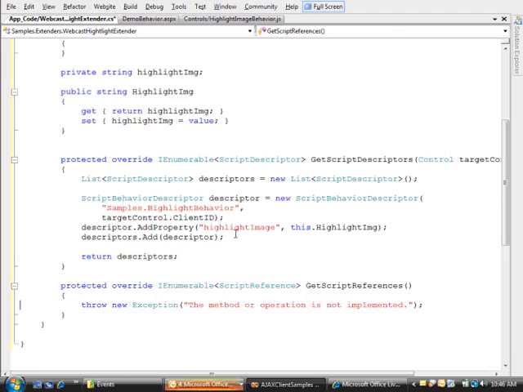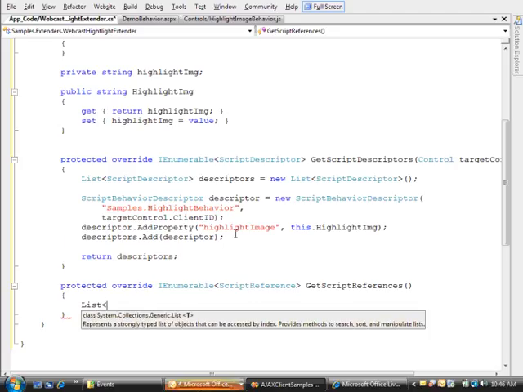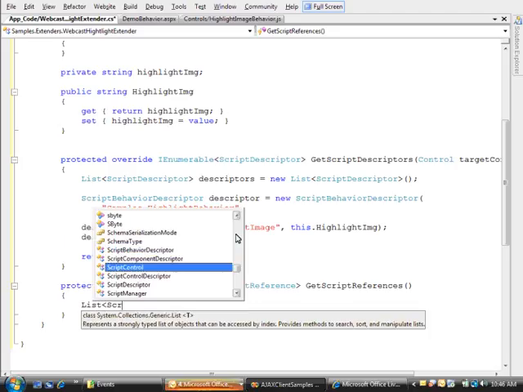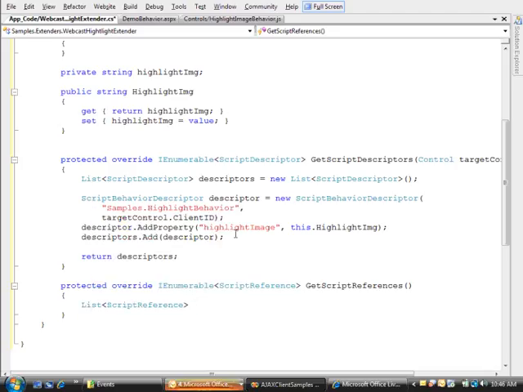And that side's done. Now this side, where we get script references, is considerably easier. In this case, all I need to do, again, is create my collection. So let's do a List, and in this case it's going to be ScriptReference. And we'll just call this scriptRefs. And now down here I need to create the script reference to our script and then add that script. So I'm just going to do ScriptReference